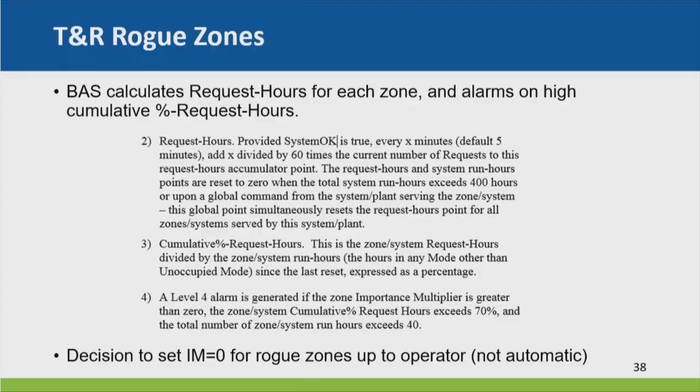Okay. So I'm not going to read all this, but I'll just summarize what it means. In order to detect a rogue zone, we want to know how often they're requesting. So we create this thing called cumulative percent request hours. We basically integrate over time the number of requests you have and divide by the number of hours that the system was operating. And that's your percent of time that the system was operating that you're requesting. And we keep track of that, and